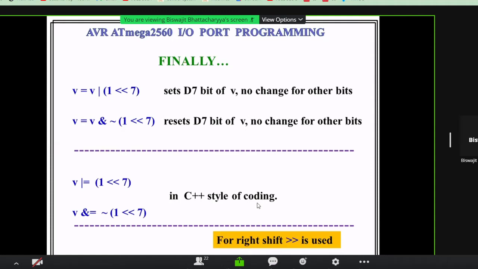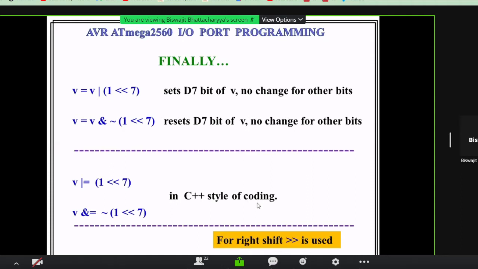Now if we want to translate these two things into a program, to set or reset a bit without changing other bits, let's see the corresponding instruction of the program segment.